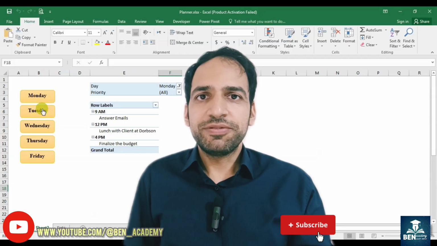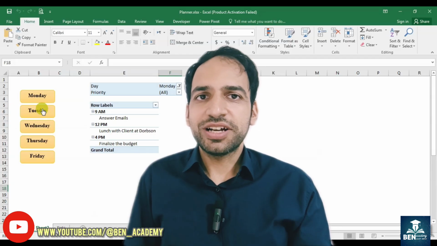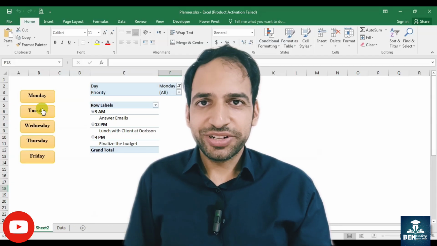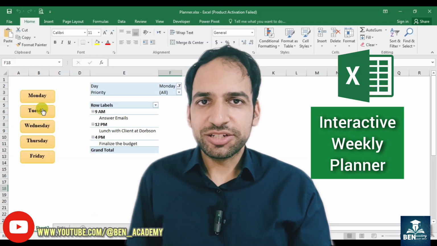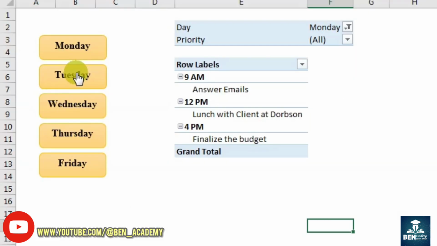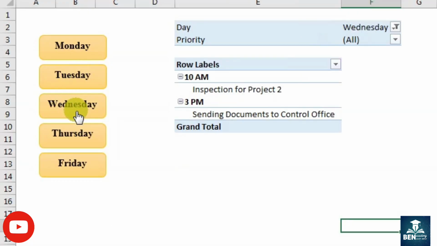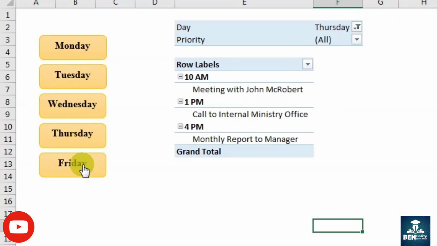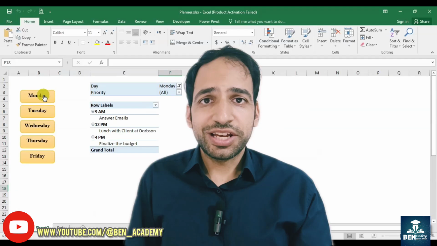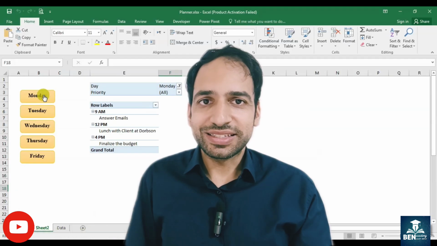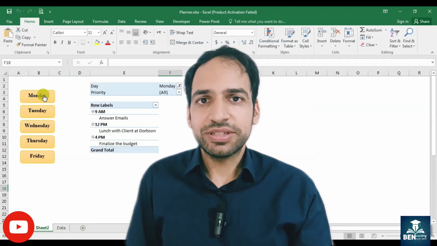If you are still using 5 different sheets in Excel or a clunky paper diary to plan your week, let's upgrade. Hello and welcome to Ben Academy. Today we're building this interactive weekly dashboard in Excel. Look at this, click any day right here, and your daily schedule, hourly timeline, and top priorities instantly update on the side. It feels like a custom app, but you can build it in under 10 minutes without any complex